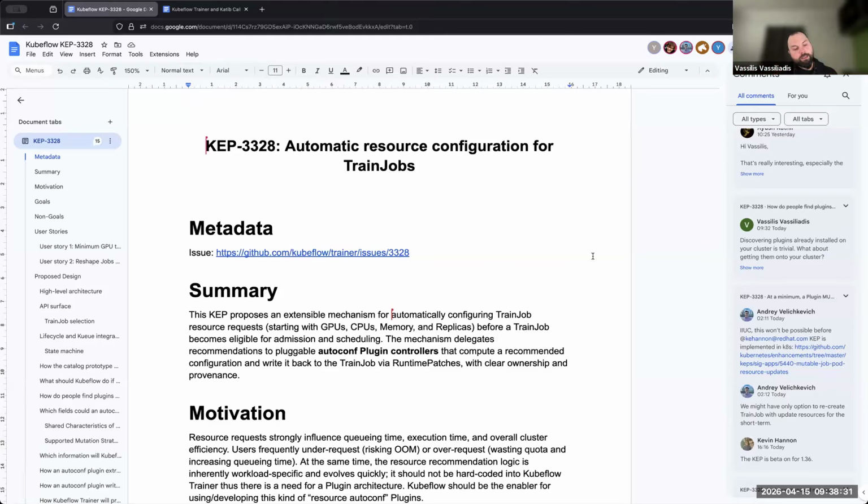But if you focus on a specific type of workload, there are ways: profiling, historical data, canary runs, heuristics, to come up with a sort of automated process that, given some kind of workload definition, can automatically give a good enough recommendation of resources.